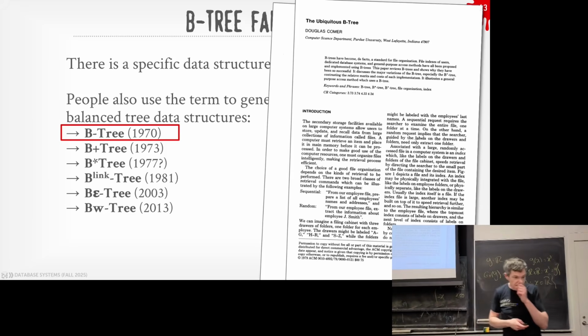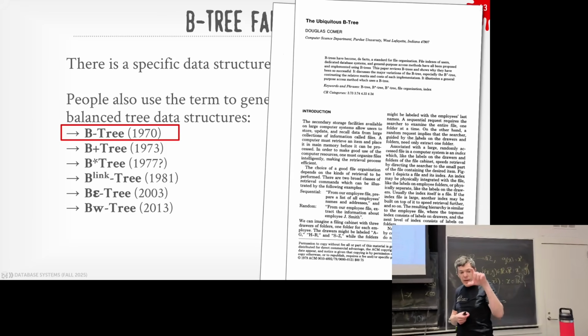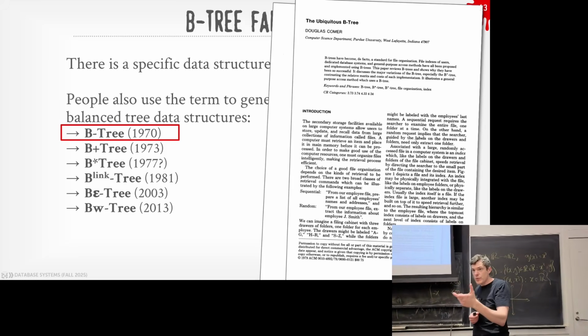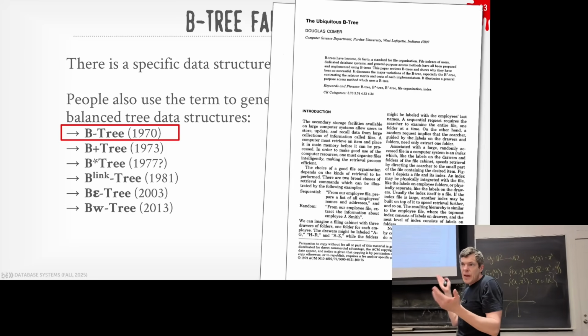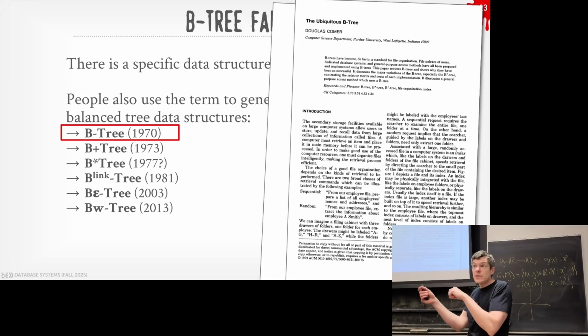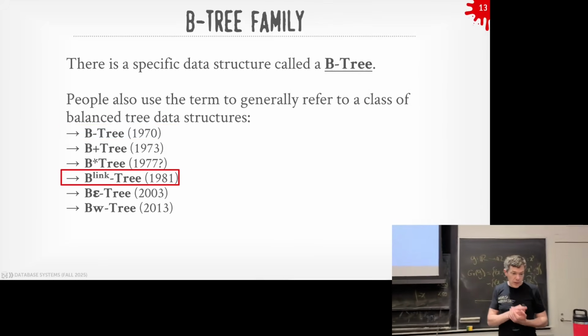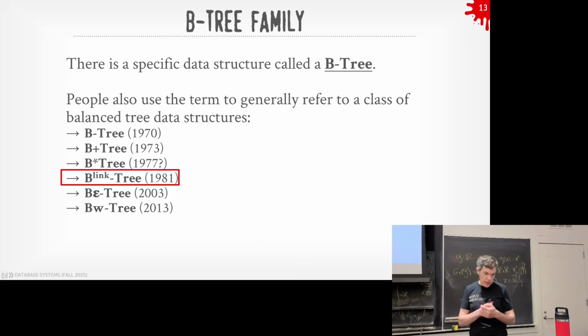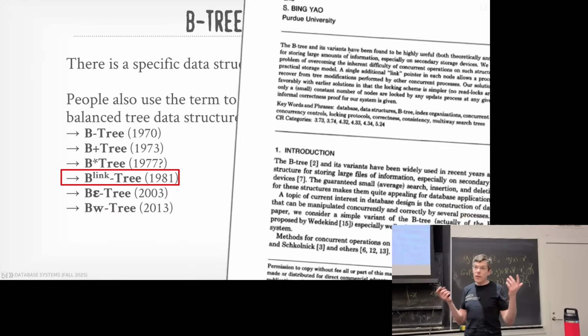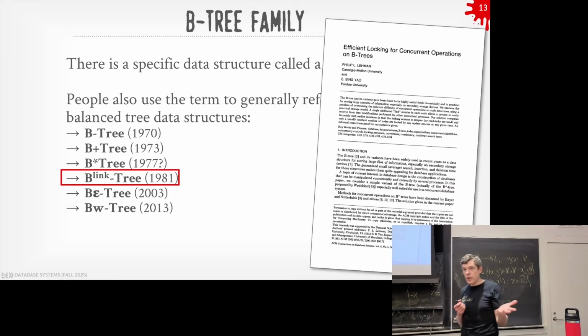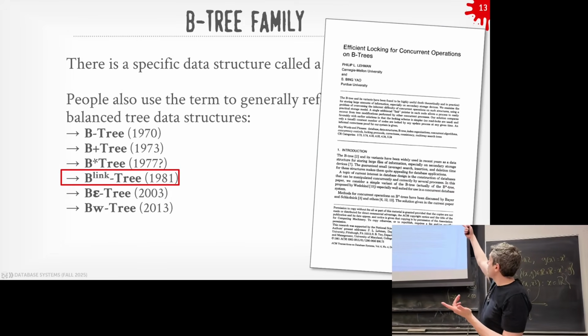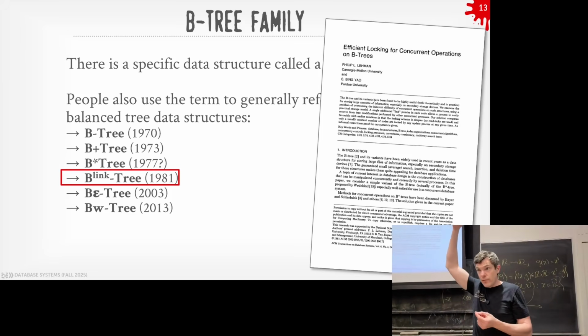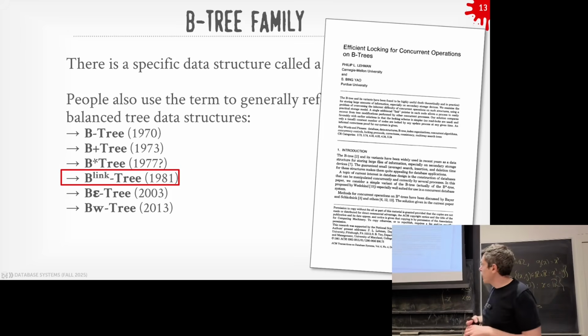All right. So the challenge is that there's the original definition of the B-tree, the B+Tree, but no one follows what the original papers actually talk about. They use bits and pieces of other data structures that are extensions to B+Trees that have come along over the years. In particular, the one we're going to talk about today is called the B-link tree, which was invented here at Carnegie Mellon in 1981. The first author, Phil Lehman, is still here at CMU, on the 5th or 6th floor at the dean's office. The dude's awesome.